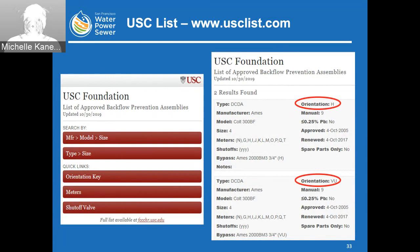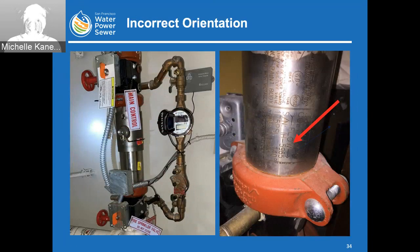On the left, it shows the screen that it gives you where you enter the information. And on the right-hand side, it shows you some results of what came up. So it'll show you things like the orientation, which is very important to keep in mind. The lead is there, size, meter, bypasses, and other things that are approved as well. Specifically, on the right, this is a 4-inch Colt 300 BF DCDA, and it is only approved in the horizontal